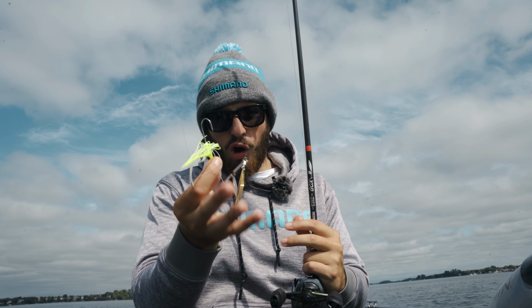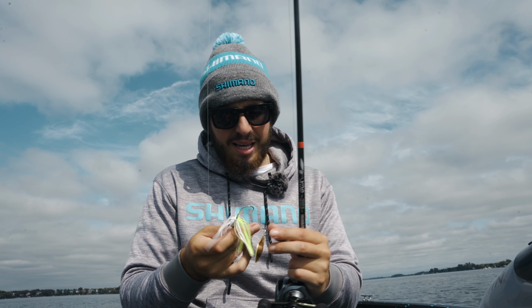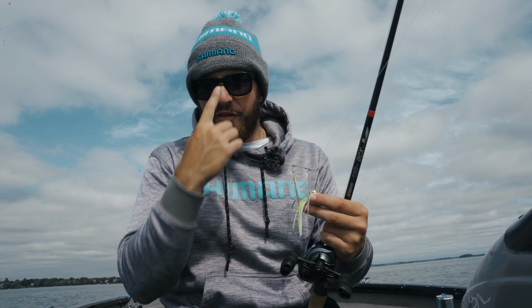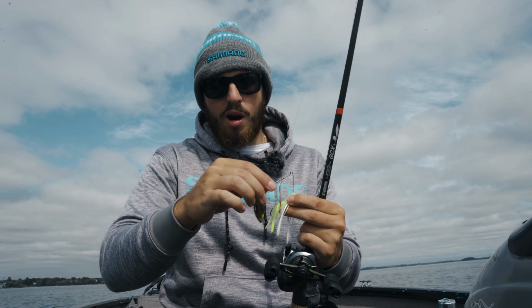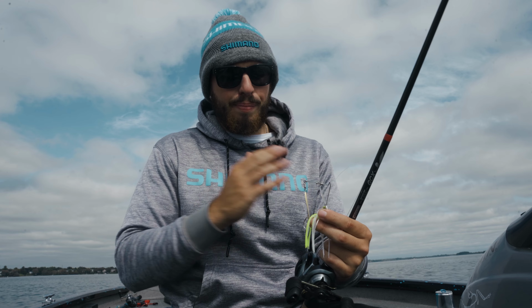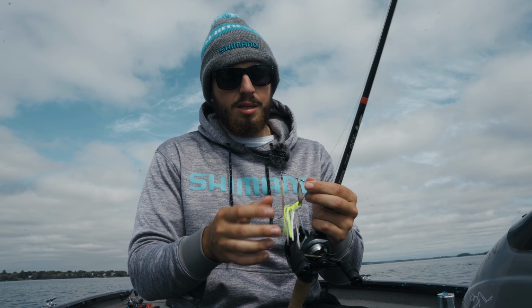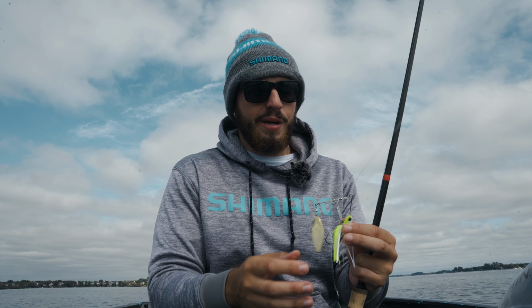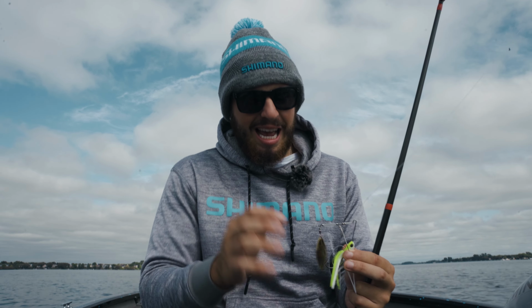of fish on it, the hook isn't bent. It's not even slightly dulled. The wire here is not even bent. Usually, one fish on a spinnerbait sometimes will have this wire completely out of place. This has a slight little curve in it, but besides that, nothing detrimental to the spinnerbait. Blades are on. I'm super pleased with the durability of the spinnerbait, and the action on this thing is absolutely